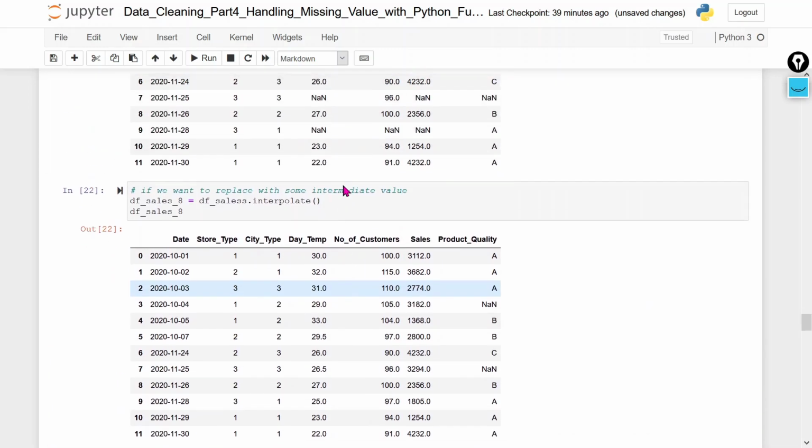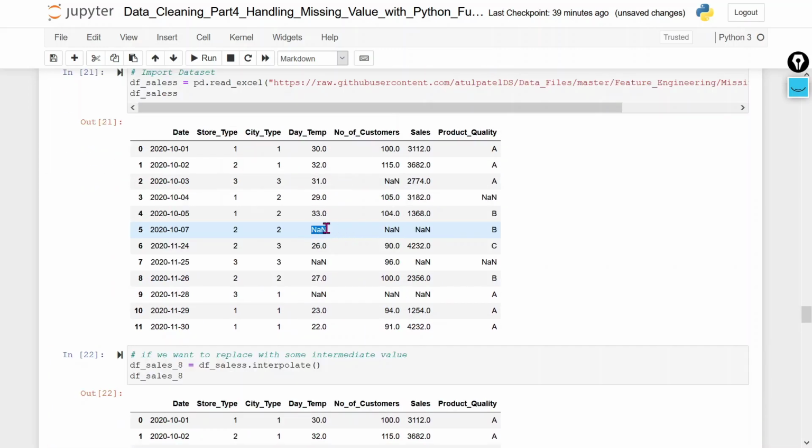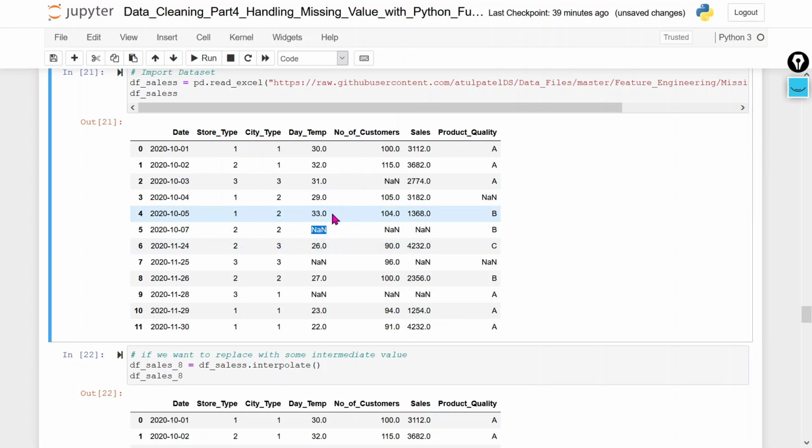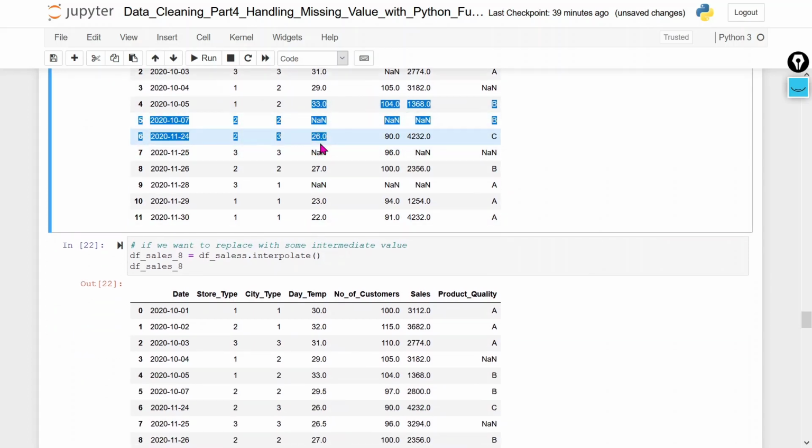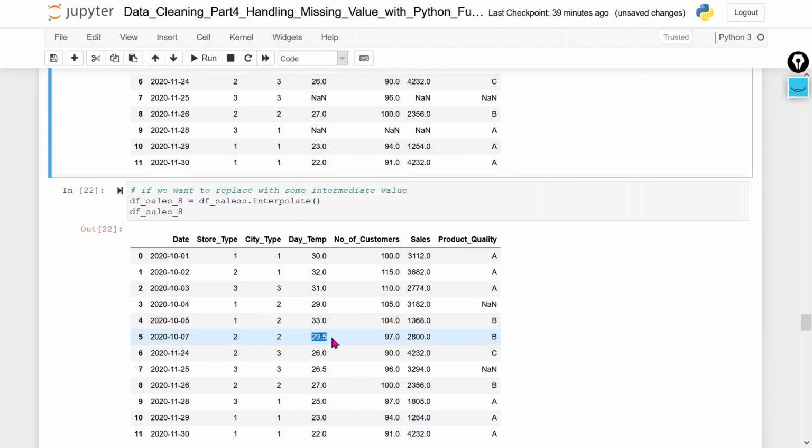So here you can see that we have this NaN value. How will it replace? It will replace in a linear fashion. Whatever the values 33 and 26, it will choose the mid value between these two values, 33 and 26. So the mid value would be around 29.5.